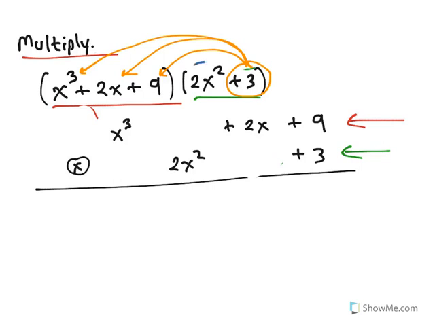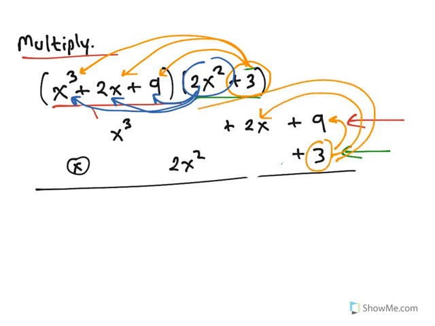And then you would take the 2x squared and you would multiply it to the 9, to the 2x and to the x cubed, and then you would combine like terms. We're doing the same thing now. We're just organizing it in a vertical format. So we're going to do 3 times 9, 3 times 2x, and 3 times x cubed. And that would give us